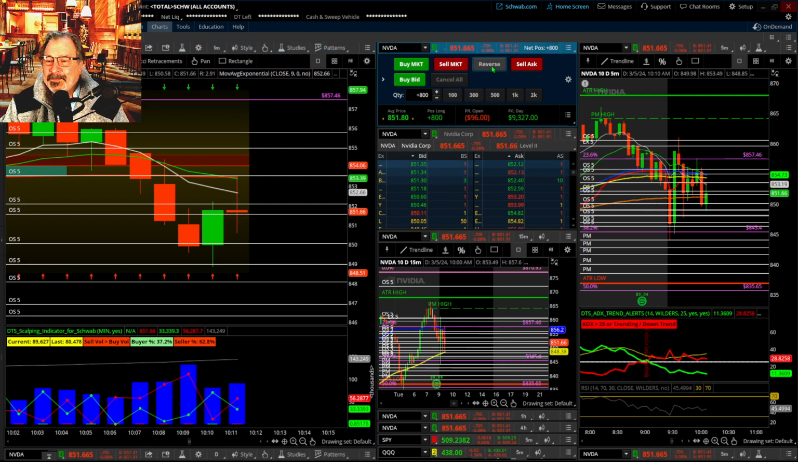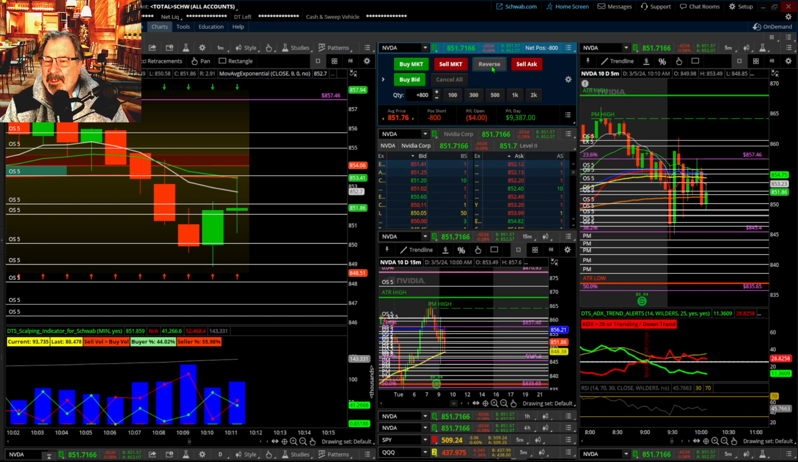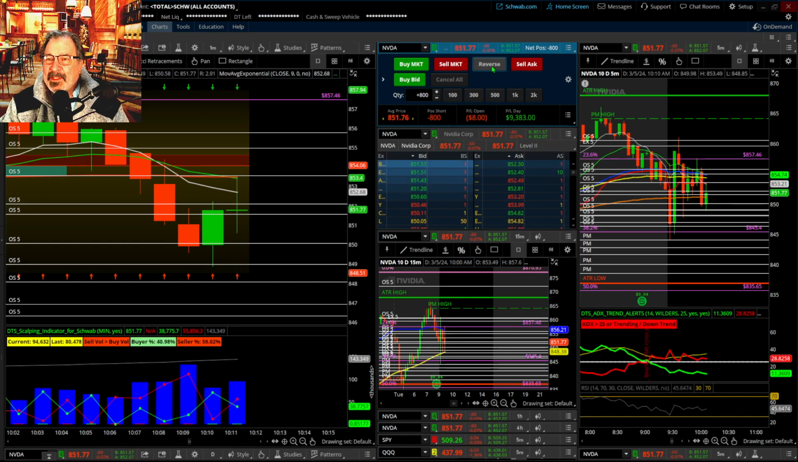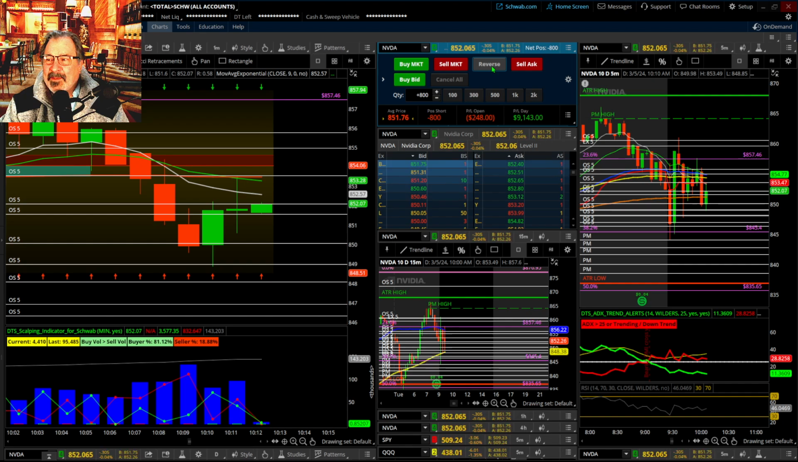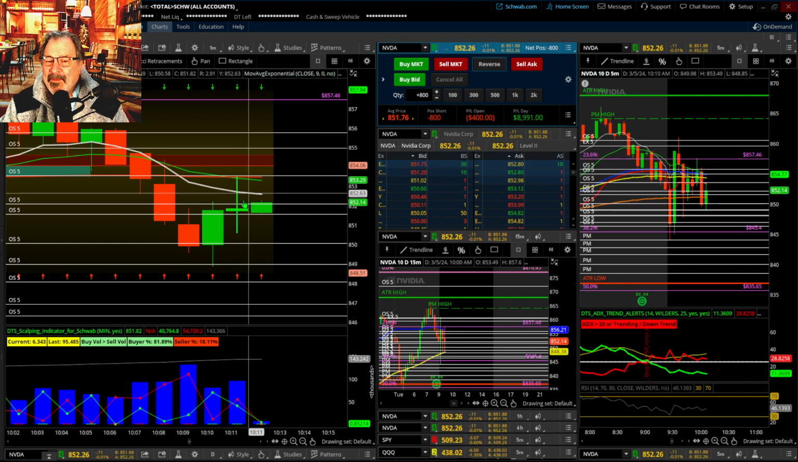Reverse there. Going long. I'm going to reverse back. I mostly just wanted to bank that. 851.76. Now that doji,